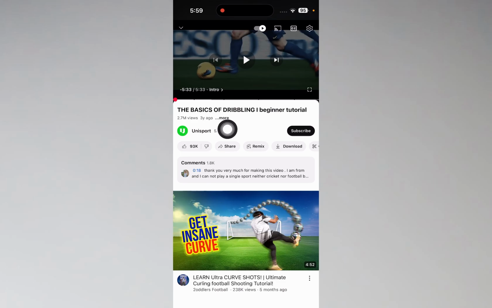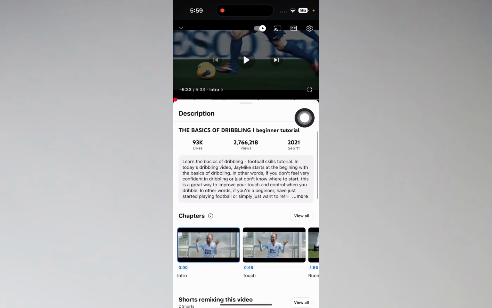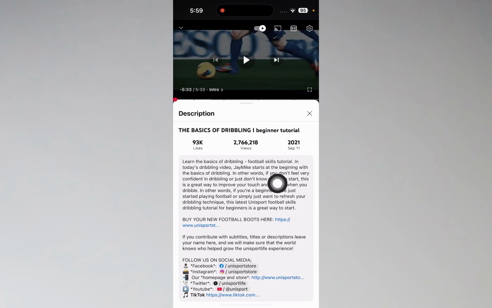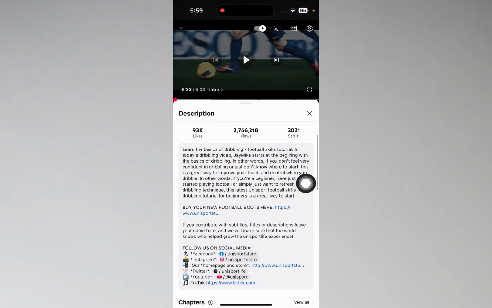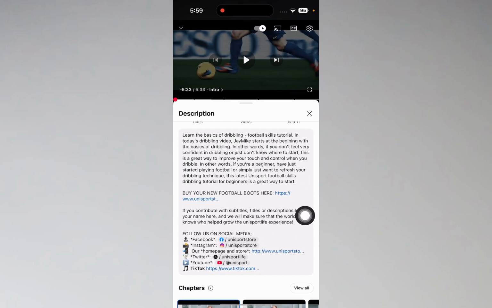Now you will find the more button here. Here it is. Now you can just tap on the more button here, and from here you can find a paragraph. This is actually the description. You can just tap on the see more button and you can find all the description that has been added to this